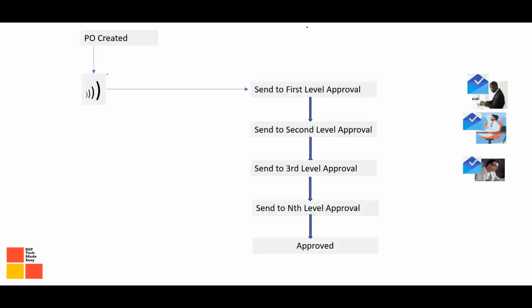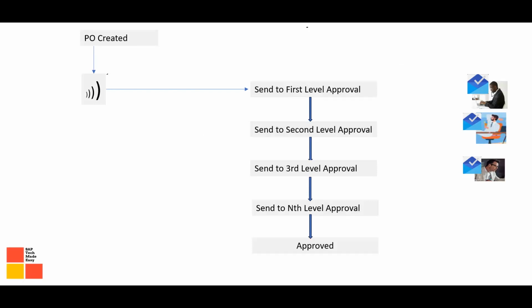So SAP workflow, what it will help you to achieve is that for the same process, when the PO was created, the workflow will be automatically triggered with the help of SAP workflow. The event will be triggered. Once the event is triggered, the mail will be automatically sent to the first line manager, the first level manager,